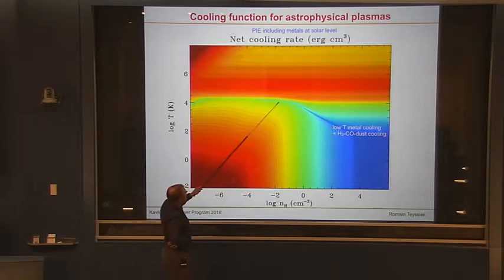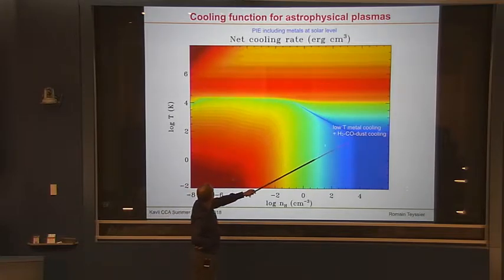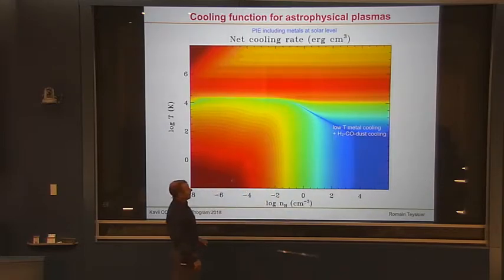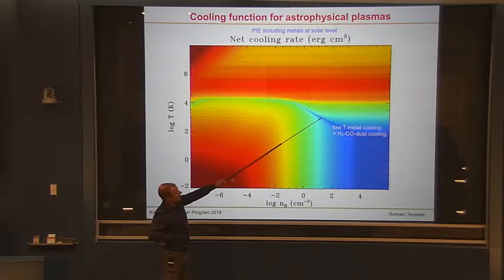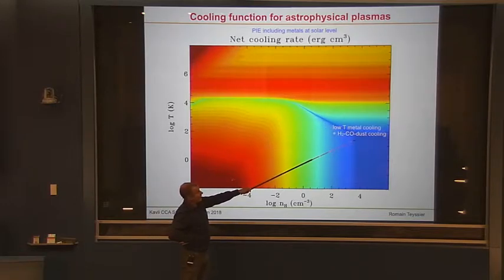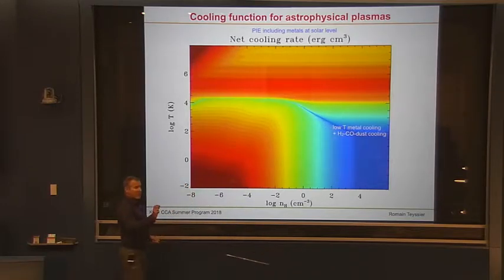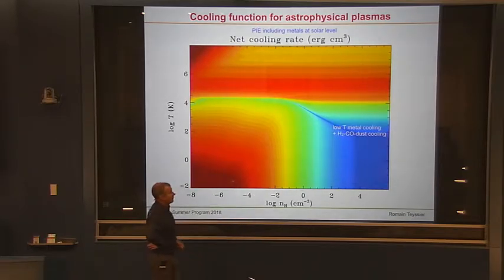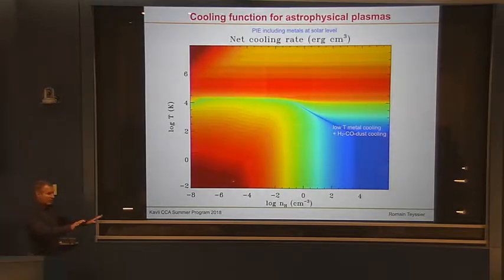So you see that now the equilibrium curve will bring you towards 10 Kelvin, which is the temperature of the molecular cloud, right? And so you have those cooling processes here at high density and low temperature, which is basically the hyperfine transitions of atomic species. You have also CO and H2 cooling and dust cooling, right, as important coolants. So that's basically the physics of cooling and heating here, which, as I said, is the only thing you need to take care of if you have an optically thin set of conditions.